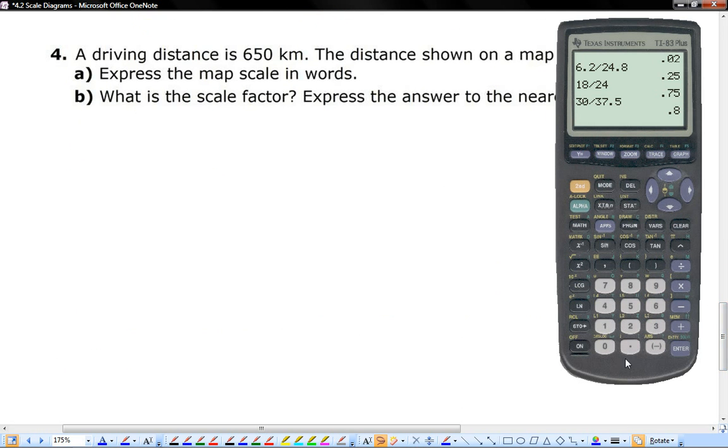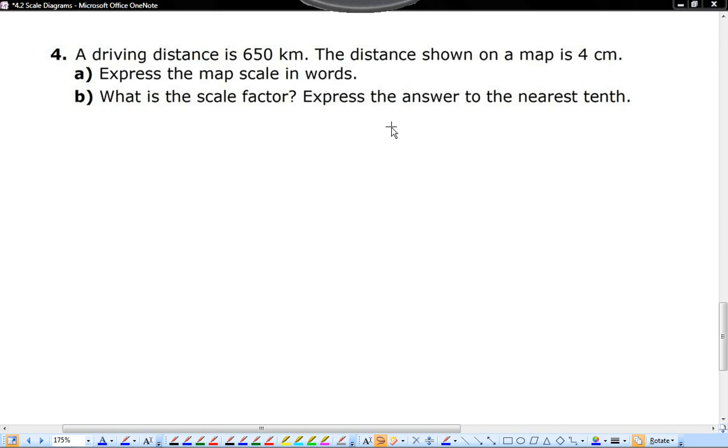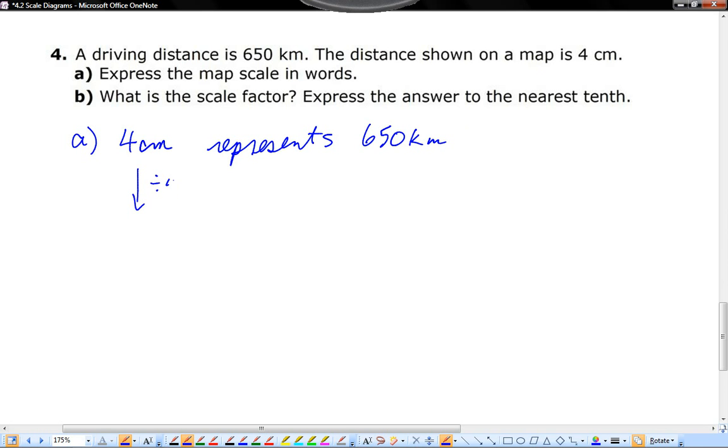Okay, let's take a look at number 4 now. It says that a driving distance is 650 kilometers. Distance shown on a map is 4 centimeters. So express this scale in words. You can start off by writing 4 centimeters represents 650 kilometers of actual distance. And of course you want to reduce that, so you're going to divide both of these parts by 4. And so it's actually 1 centimeter that represents